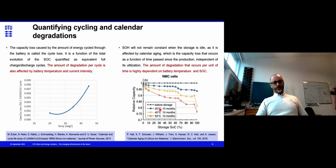In the literature, there are a lot of studies. The ones that we took as a reference to tune our models are reported here in the slide. The first one on the left side is related to the quantification of the cycling degradation. The key message from this analysis is that the cycling degradation tends to have an almost parabolic effect, with a minimum between 20 and 30 degrees, where the battery, from a cycling point of view, prefers to stay. If the battery gets too cold or too hot, the amount of state of health lost per cycle tends to increase